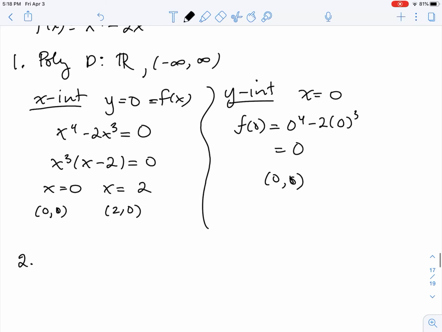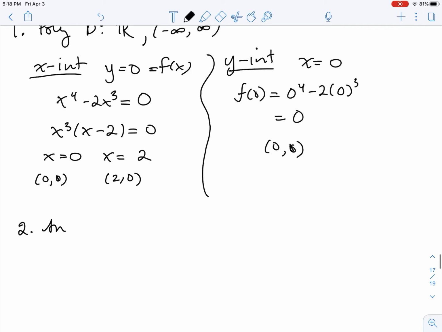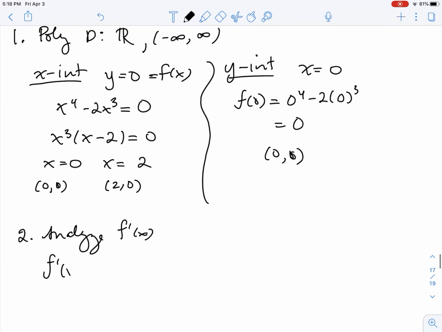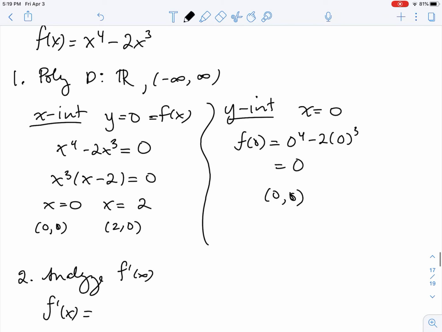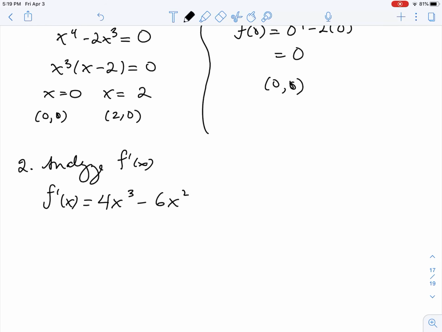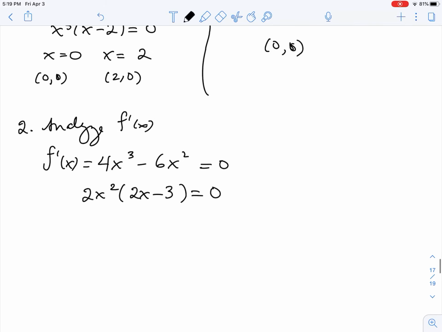The second step we're going to do in going through this process is to analyze the first derivative. So use the first derivative test. Taking the first derivative of this function, we get 4x cubed minus 6x squared. Okay. We're going to find our critical points by setting this equal to 0. We notice that there's a 2x squared in common, and we're left with 2x minus 3 is equal to 0. Setting this equal to 0, I get x is equal to 0, and x is equal to 3/2, and these